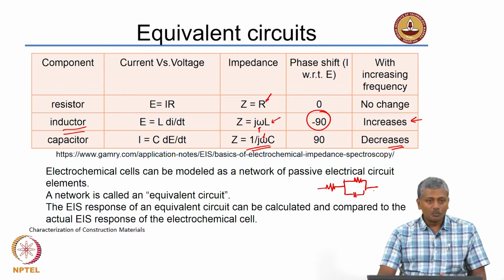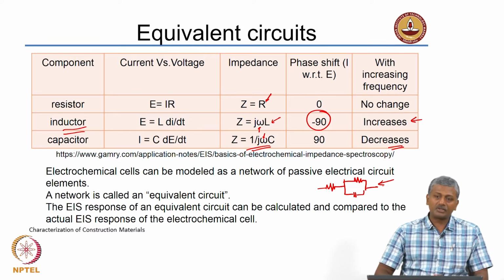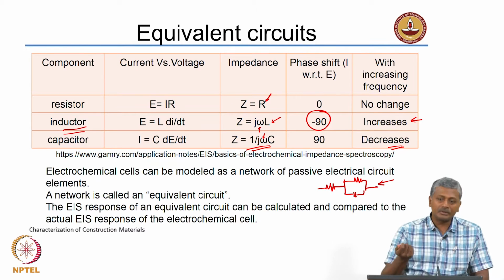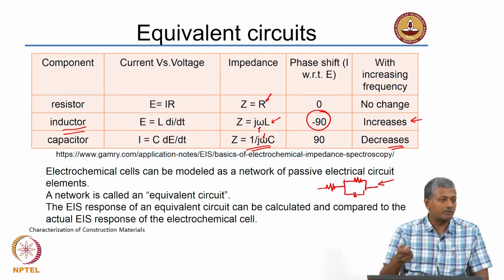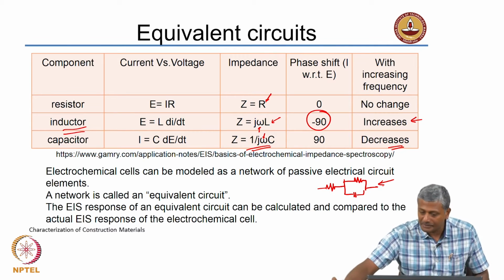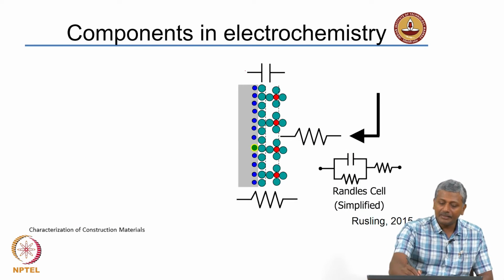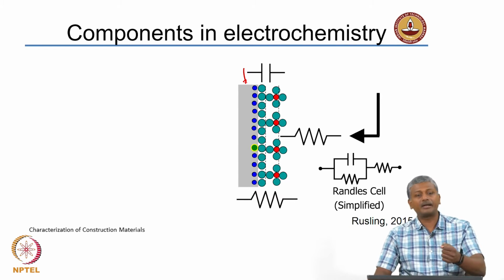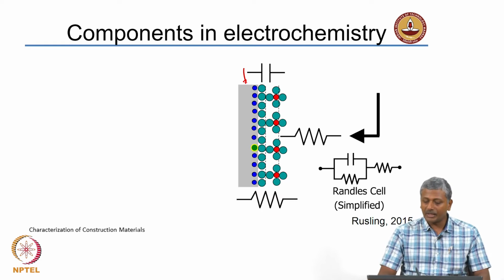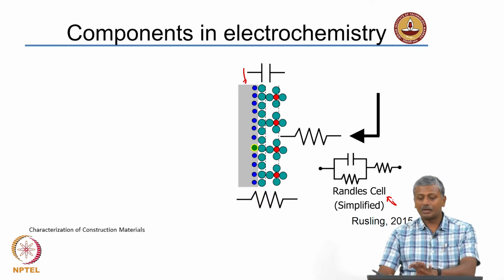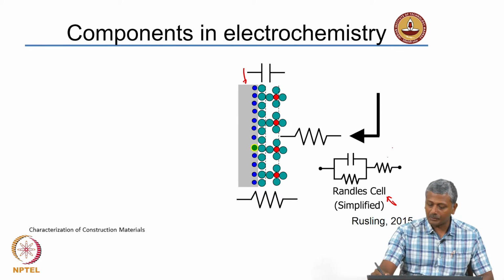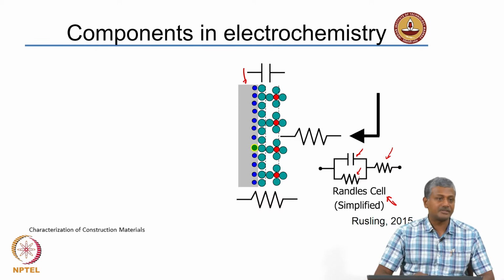Okay. For the most part, we use this sort of a relationship to describe the situations in which you have steel embedded in concrete. Okay. And I will show you why that happens, because generally when you have steel which is embedded in an electrolyte like concrete or an electrolyte like a pore solution, for instance, you get the simplified Randles cell which approximates quite well the behavior of the steel embedded inside concrete or an electrolyte. So, what are these three components? You have a resistor component outside, and then you have a resistance and capacitance in parallel.